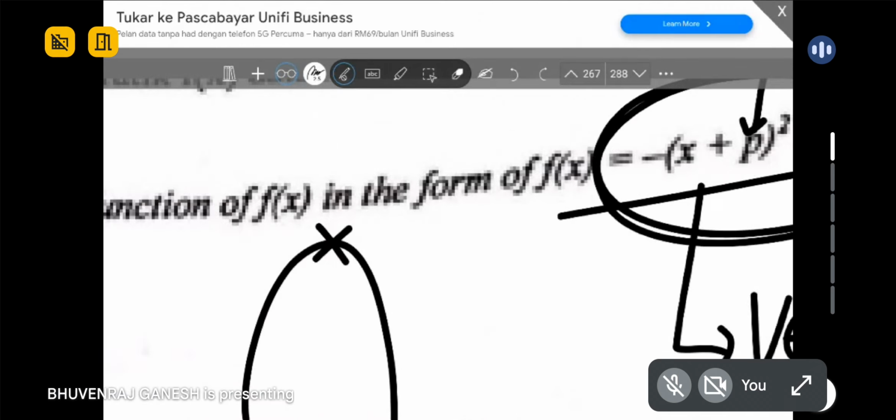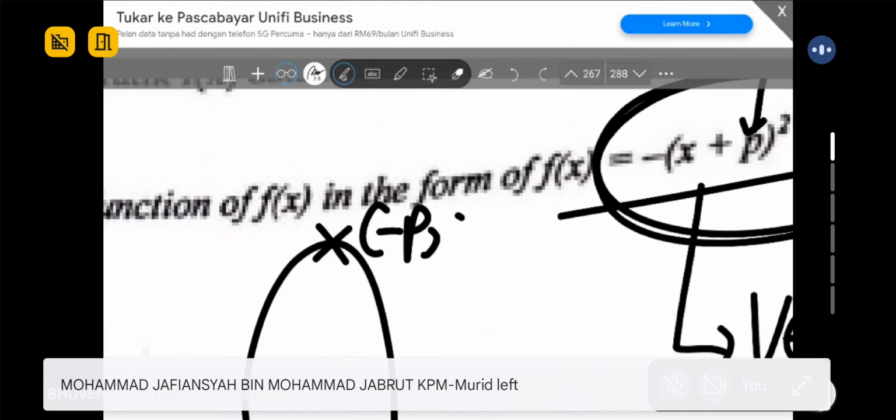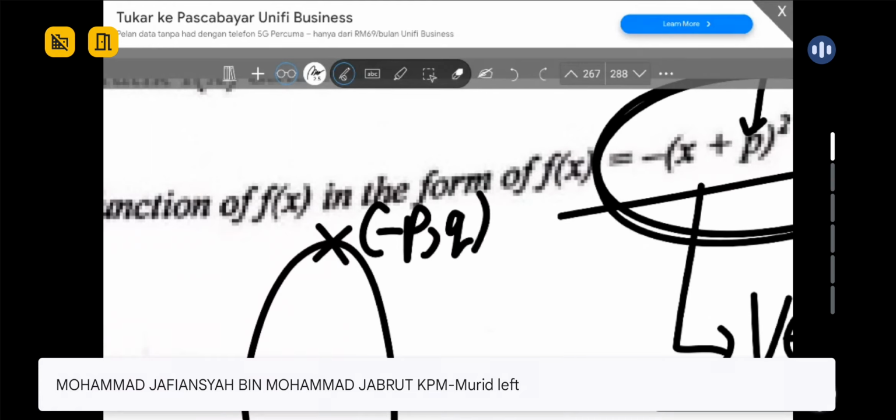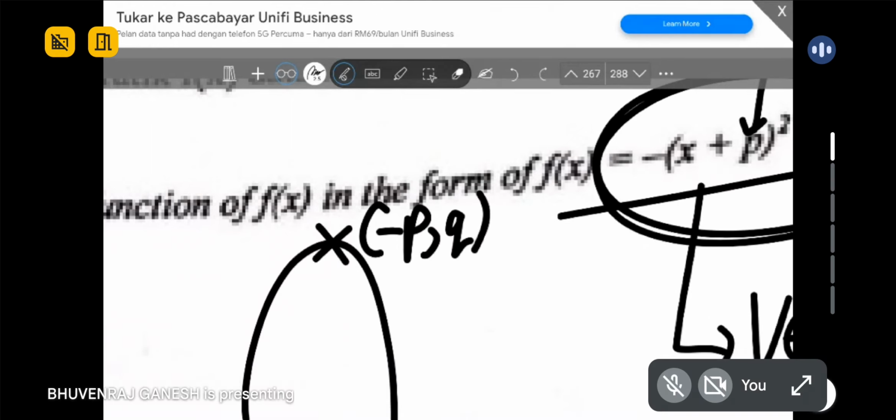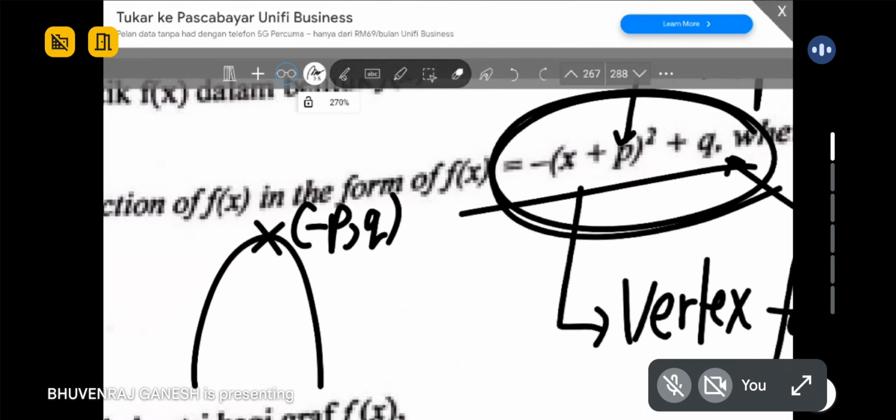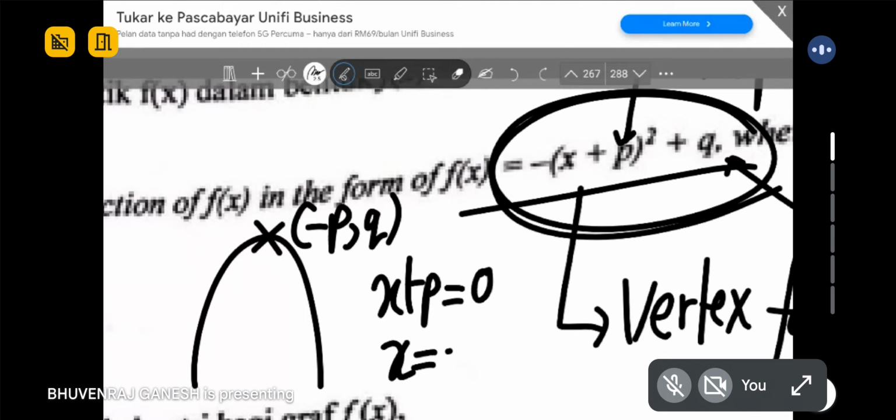Macam ni. So, the point here is actually negative P, Q. Understand guys? Can you see? I actually get it from the vertex form. Saya dapat dari bentuk ni. X plus P, I make it equal to 0. So, X is negative P. That's why negative P saya letak sini. Faham tak? And then Q,